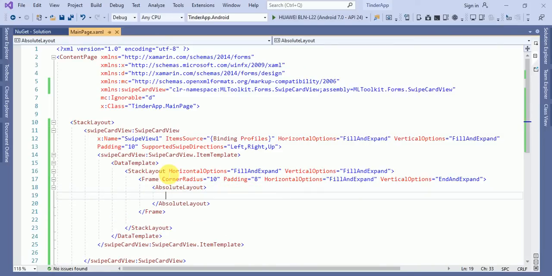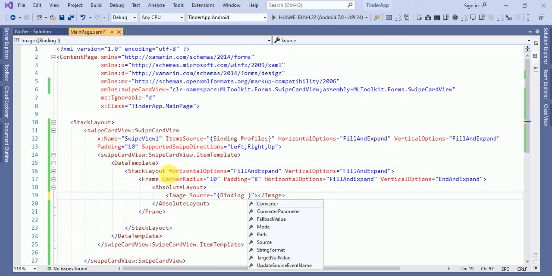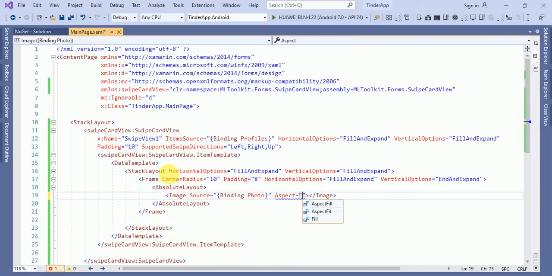Inside the AbsoluteLayout we will define an Image, and in this image we will bind a Source binding. For the source binding, suppose we take a parameter like Photo, and Aspect equals to AspectFill.